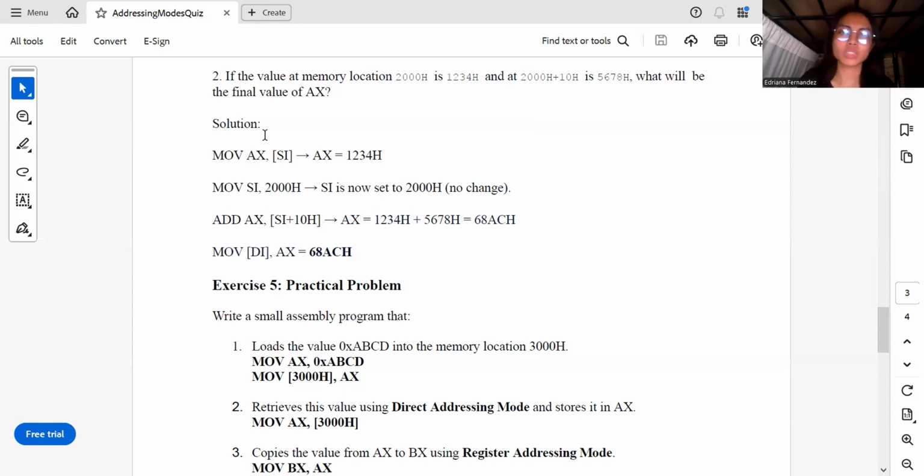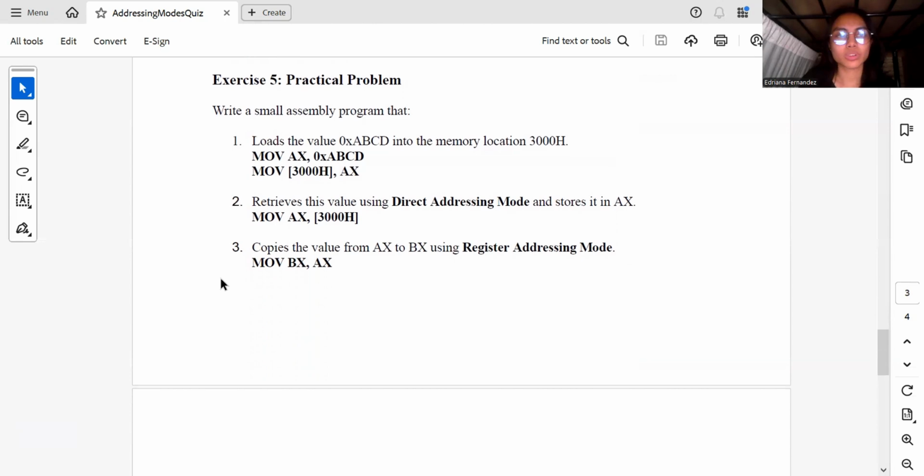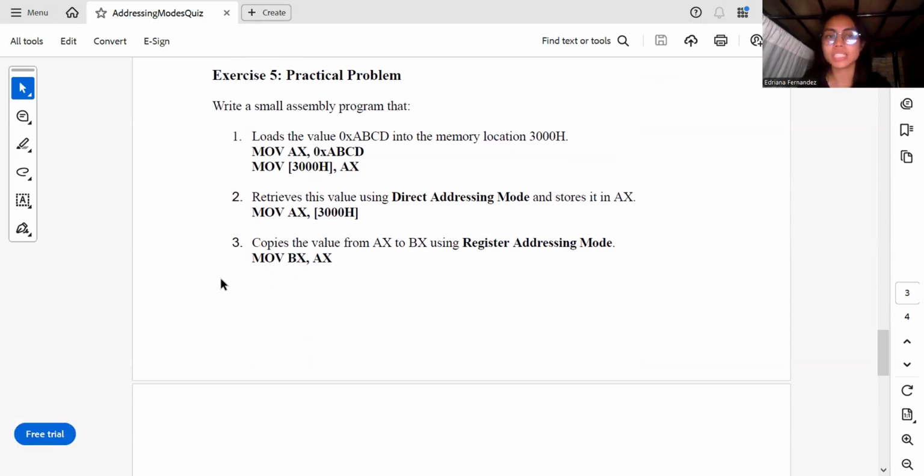After that, we need to store the value that we have got. So lastly, the value in AX is stored at the memory location pointed to by DI. Therefore, the value of 68ACH is stored at the memory location pointed to by DI. So finally, and lastly, the